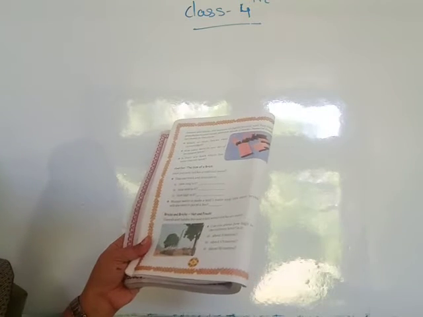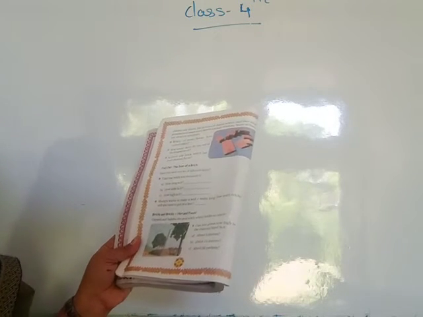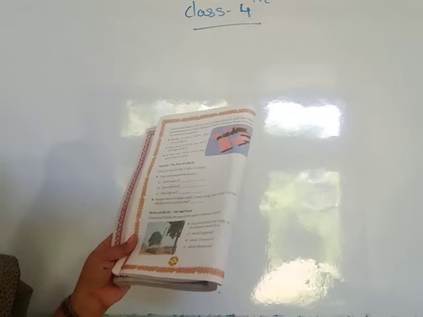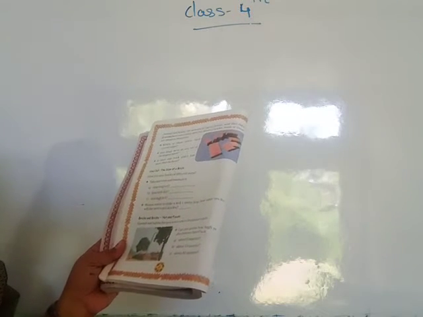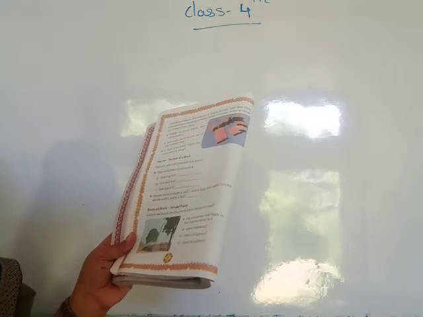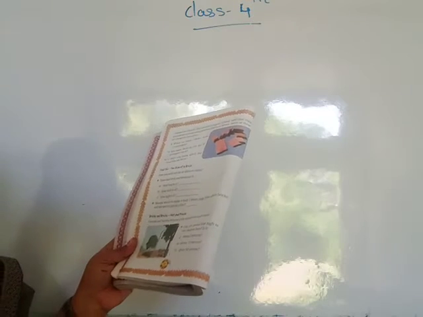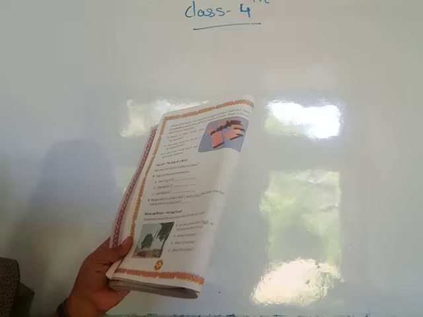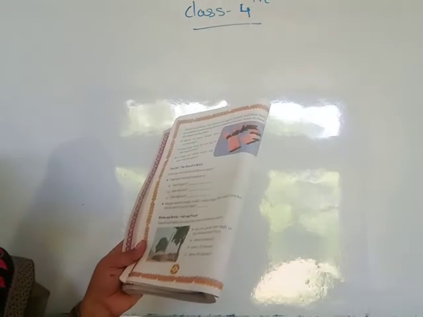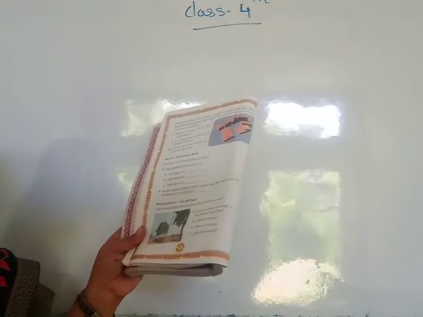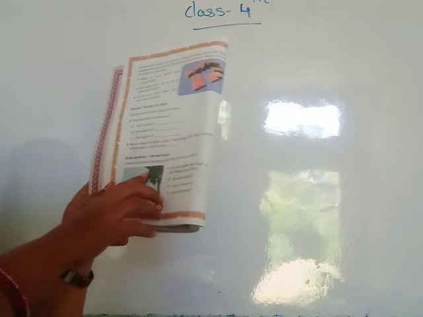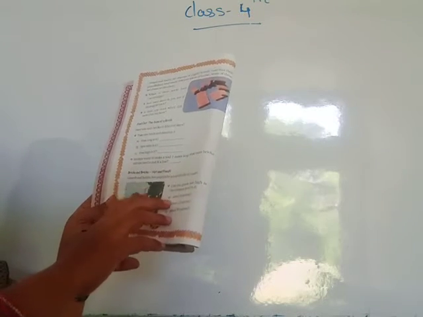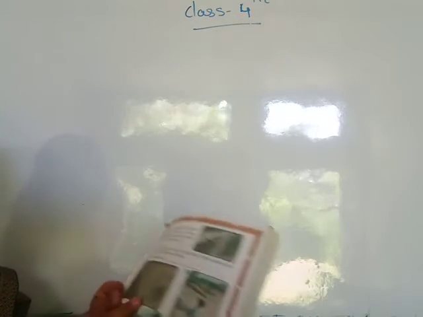Next one is Bricks, Bricks, Hot and Fresh. Ganesh and Sahiba live near a kiln where bricks are made. Can you guess how high this chimney is? Is it about 5 meters, 15 meters, or about 50 meters? You see this chimney here. Can you guess how high this chimney is? Measure and write the answer.